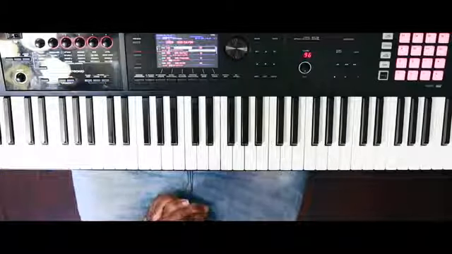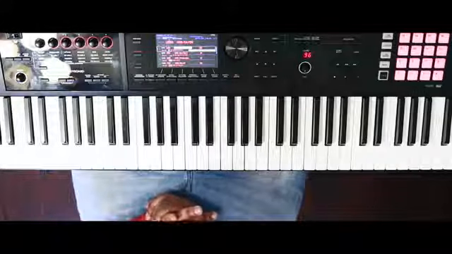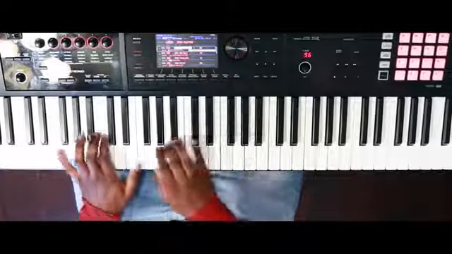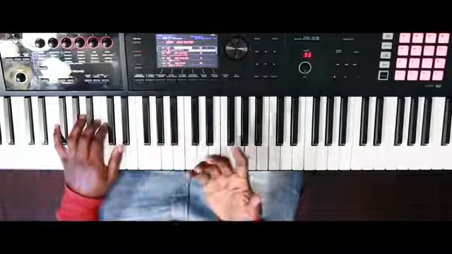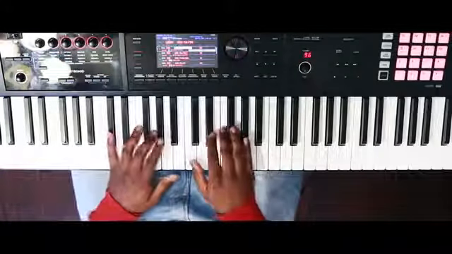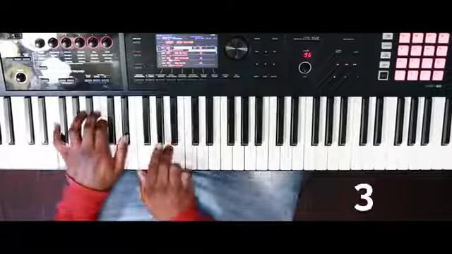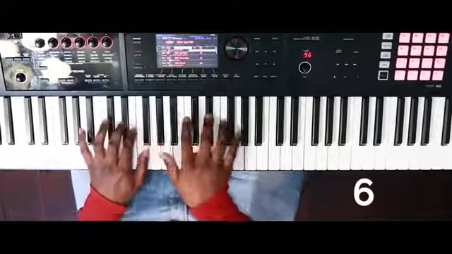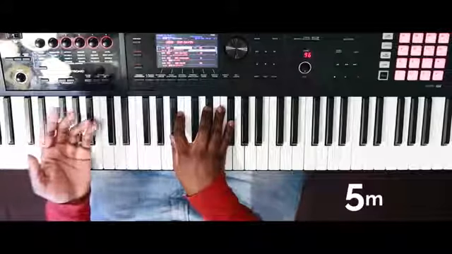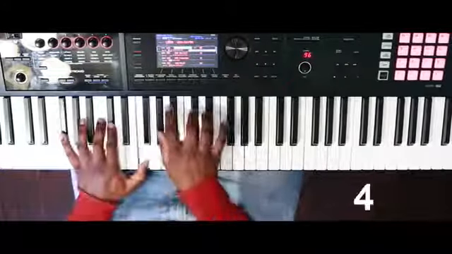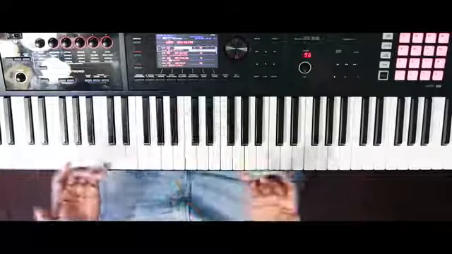Something else that I would say you should practice when doing this progression is, when you're going to that 3, practice sliding up to the 3rd. This is what I mean. And then you could do it here on the 1 again, going to the 3rd of the D flat. Okay? And then you should be able to do that in every key.